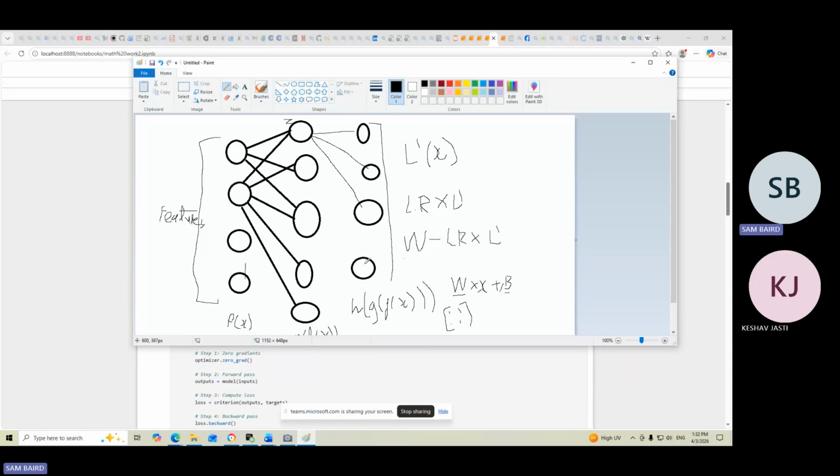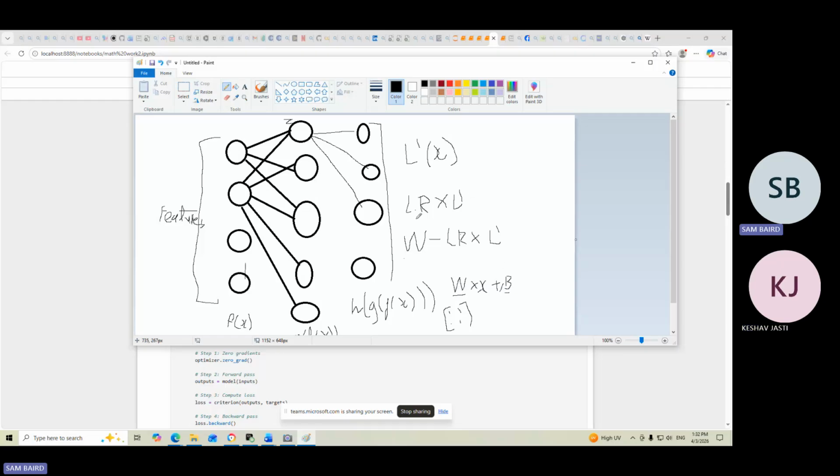We then compare these predictions to the ground truth, and we get y minus y hat, which is the loss, and we get the loss function. And then we work out the gradient of the loss function with respect to the inputs, and we back propagate it through all of this. And then we use that gradient to update the weights and the biases. And then the next time we'll do another forward pass and work out new predictions, and hopefully they will be more accurate because we've worked out better